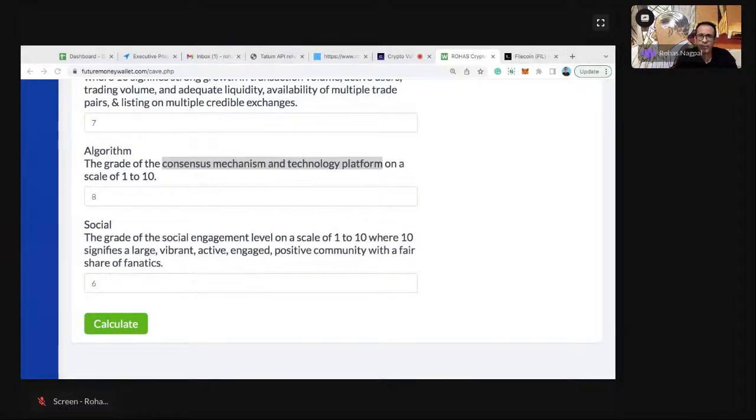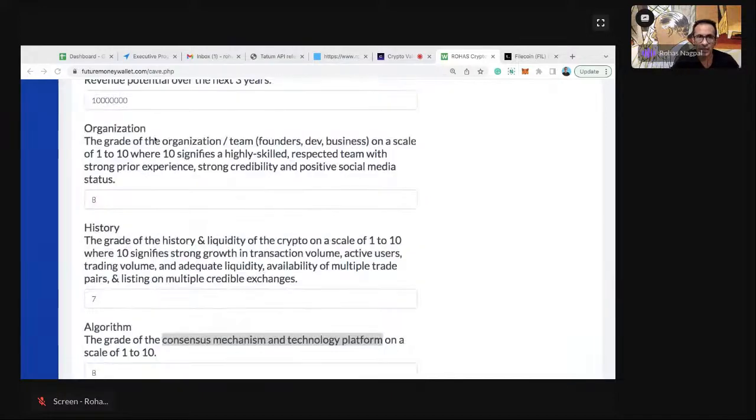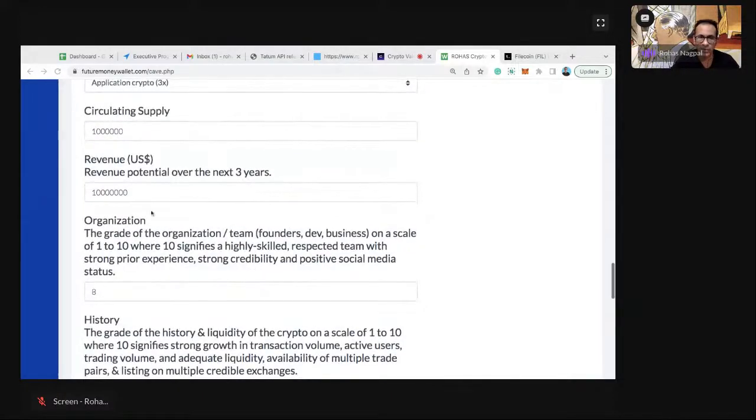We also look at the consensus mechanism. If it's a proof of work, we would give it a little lower because of the environmental cost. Proof of stake may get a little higher, but there are 80 plus consensus mechanisms. Once you understand the most important ones, you will be able to give proper ratings here. And the audit usually checks the tech platform from a security and other perspective. It doesn't go into the business part of it. The business part is what we would have done in the revenue part when we did this calculation.